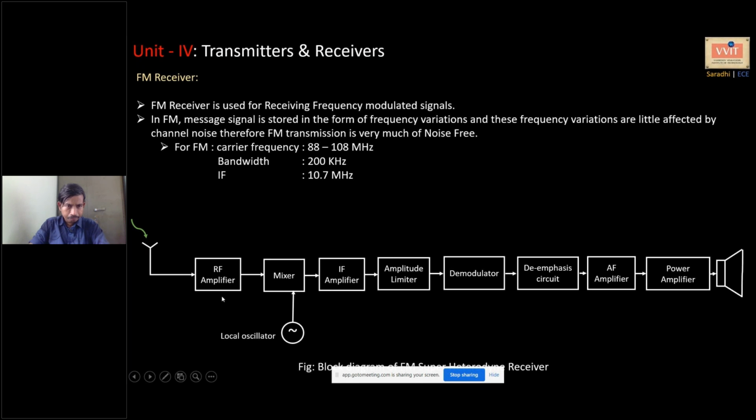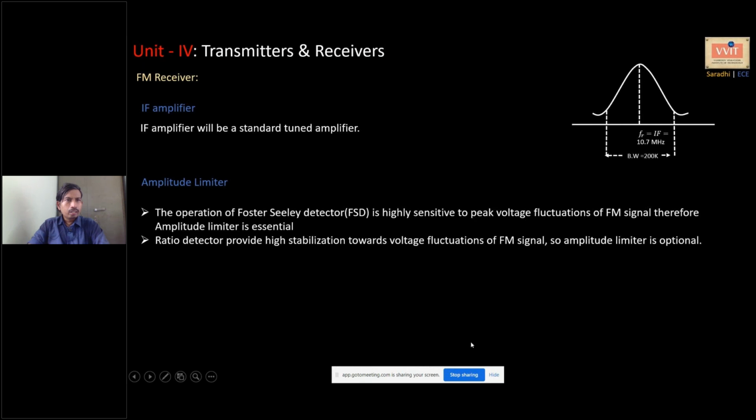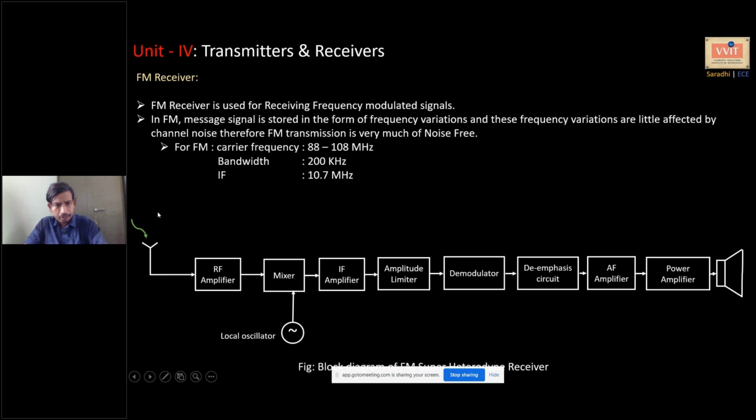We have here all these things the same, but after demodulation we have de-emphasis for these standard values. Here the IF frequency, intermediate frequency, should be equal to 10.7 megahertz, right? In the IF amplifier, as we discussed, an amplitude limiter is required because it is an FM signal which we are trying to detect, but while it is traveling through the channel, because of noise the amplitude may change, whereas the envelope is supposed to be constant.